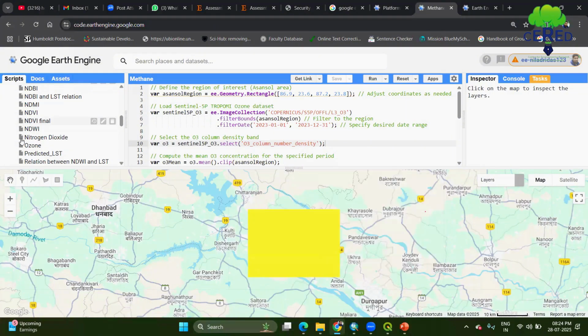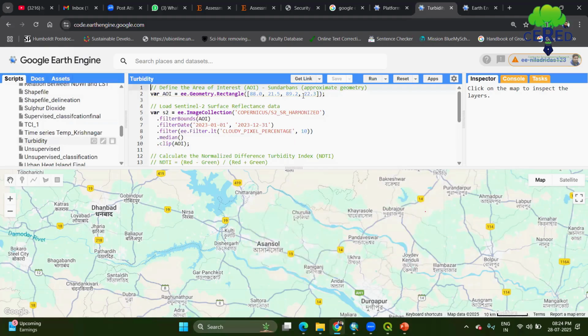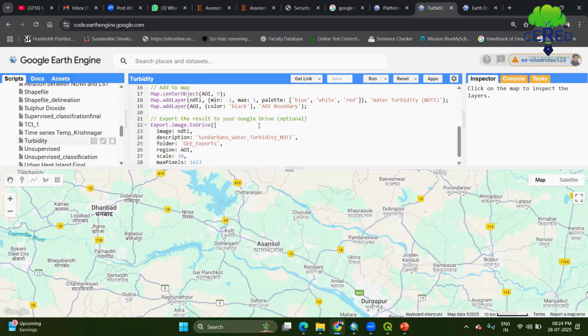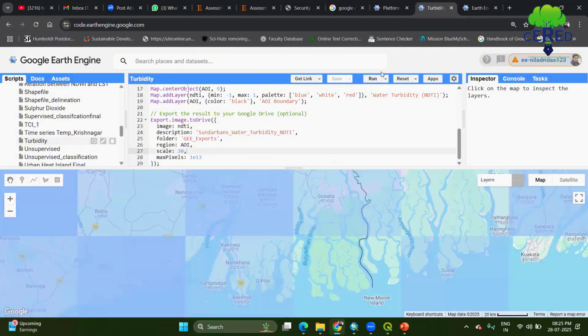So I'm trying another impact assessment. Okay, I'm showing you the turbidity in the Sundarban area. It is also an impact assessment, turbidity. This is the turbidity I have calculated from the Sentinel image, the Copernicus image. Here the Sundarban water turbidity has been prepared. NDTI, normalized difference turbidity index. If I run over it, we can